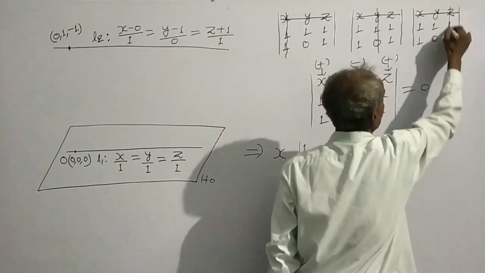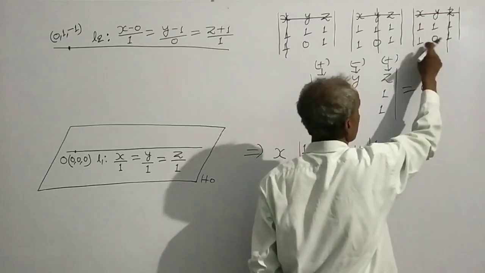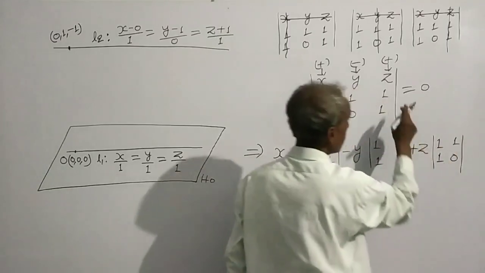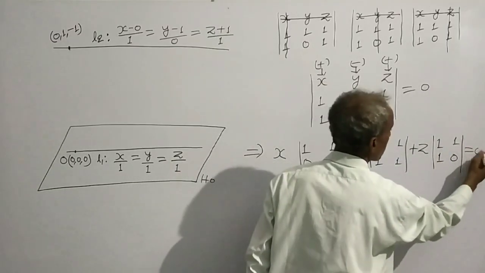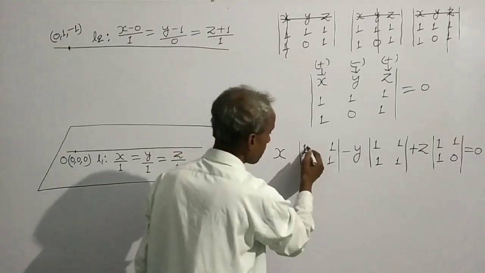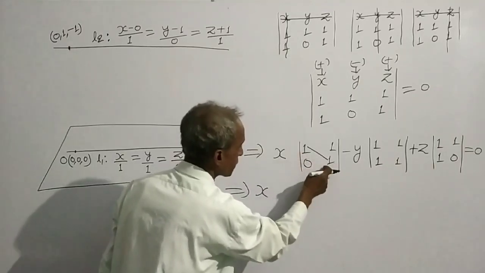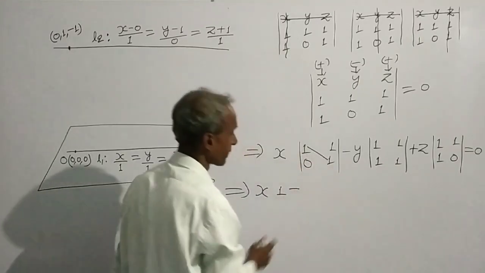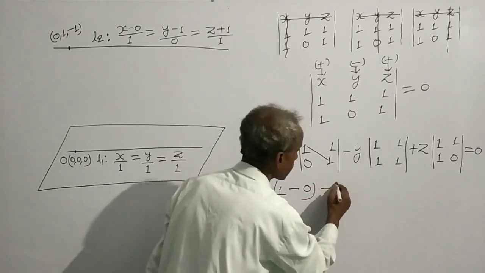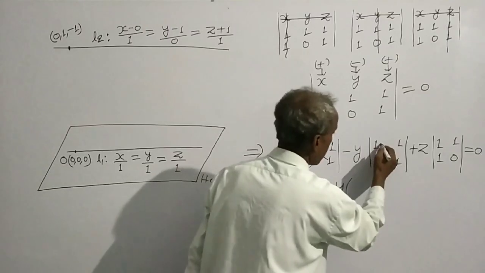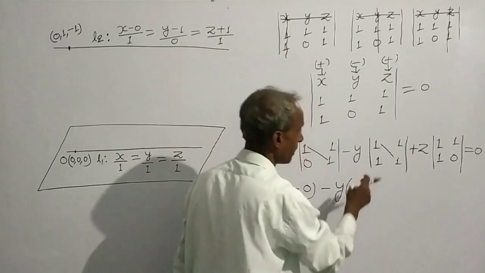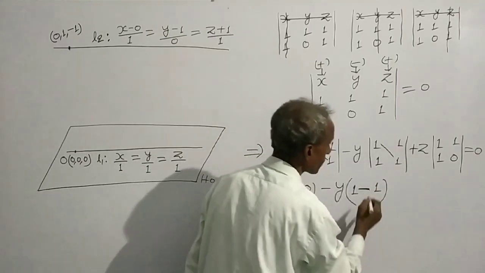Remove this row, remove this column, then there is 1, 1, 1, 0. 1, 1, 1, 0 is equal to 0. This implies x times, multiply these two numbers, 1 times 1 is equal to 1, minus 0 times 1, 0, minus y times, multiply these two numbers, 1 times 1, 1, then write minus sign, 1 times 1, 1,